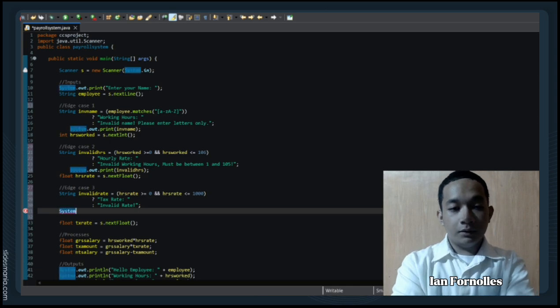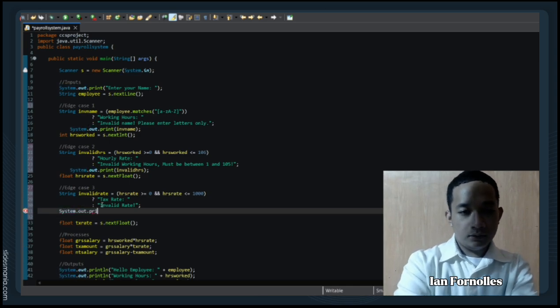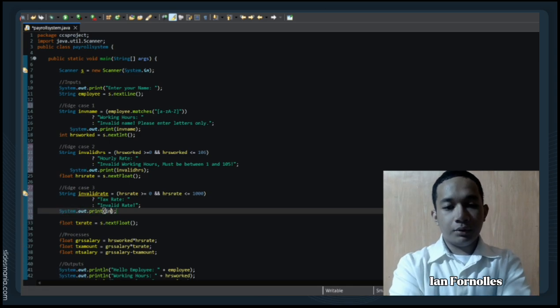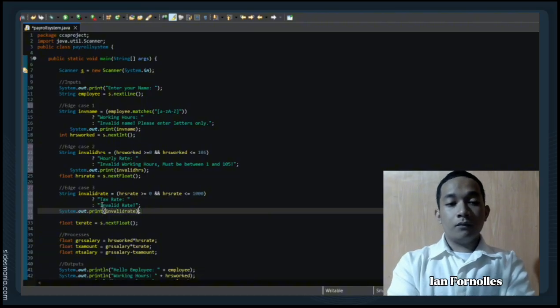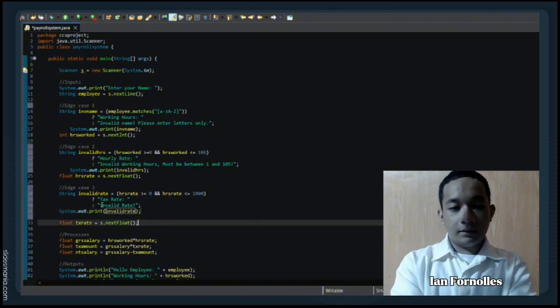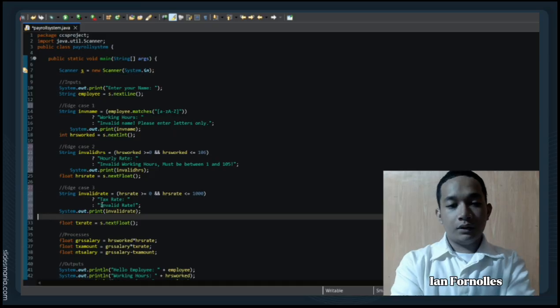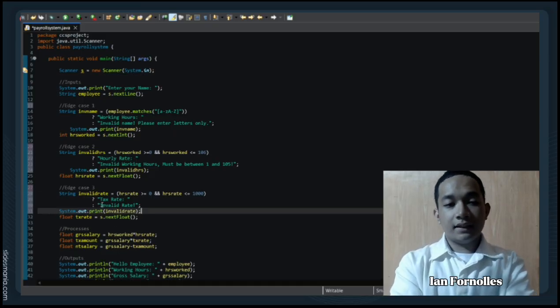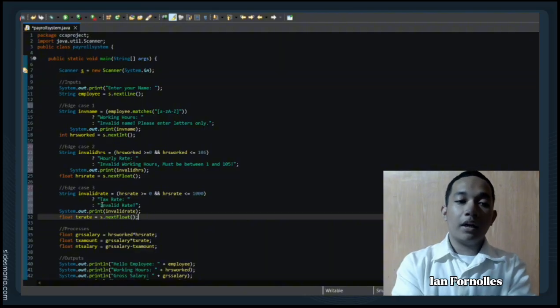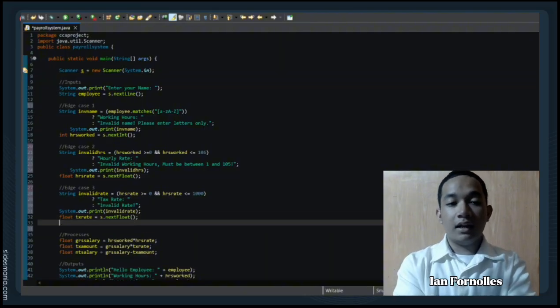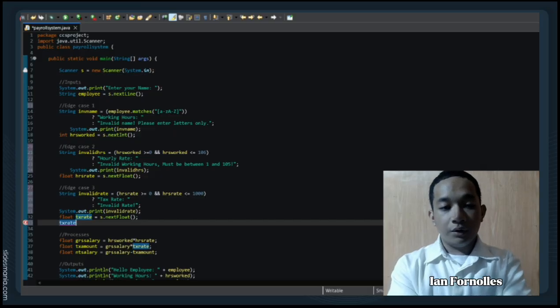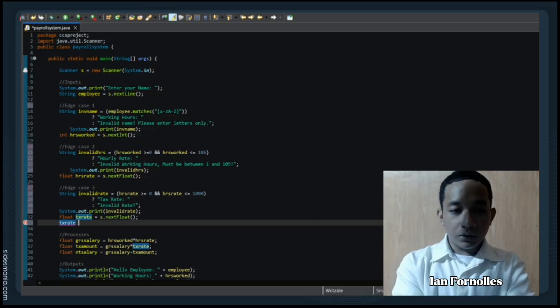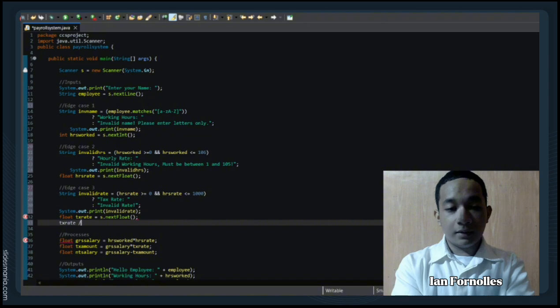So then we're going to print, going to system.out.println, invalid rate. So I'm just going to remove the space here. Now that all of our edge cases in the inputs are done, we have edge case 1, edge case 2, edge case 3, we are actually going to divide our tax rate, since the tax rate is usually in